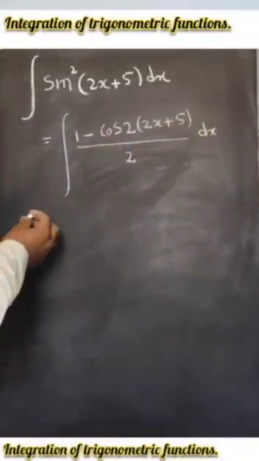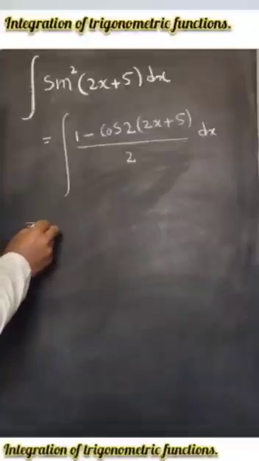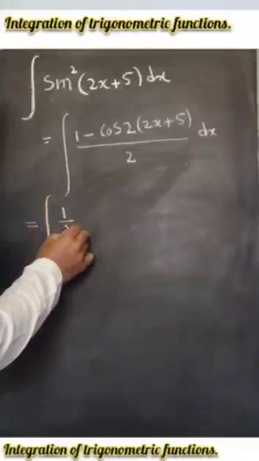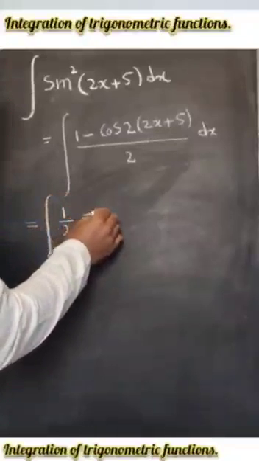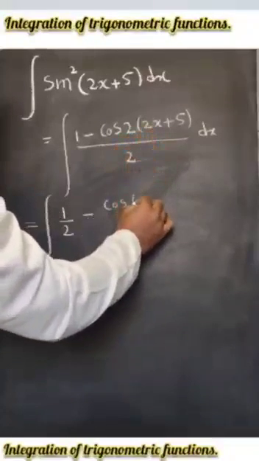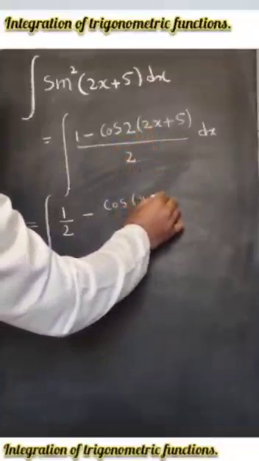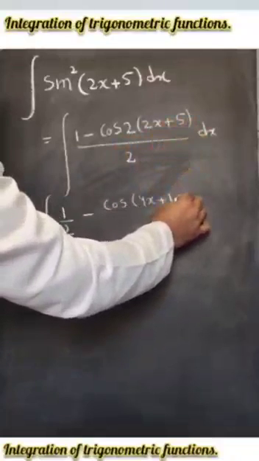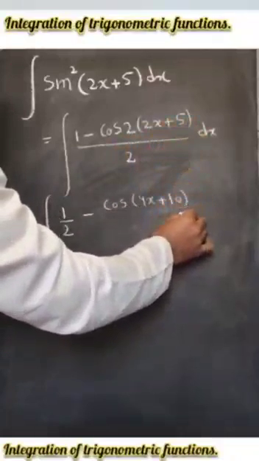That is further equal to integral of 1 by 2 minus cosine of 2 into 2 is 4, so it is 4x plus 2 into 5 is 10, divided by 2